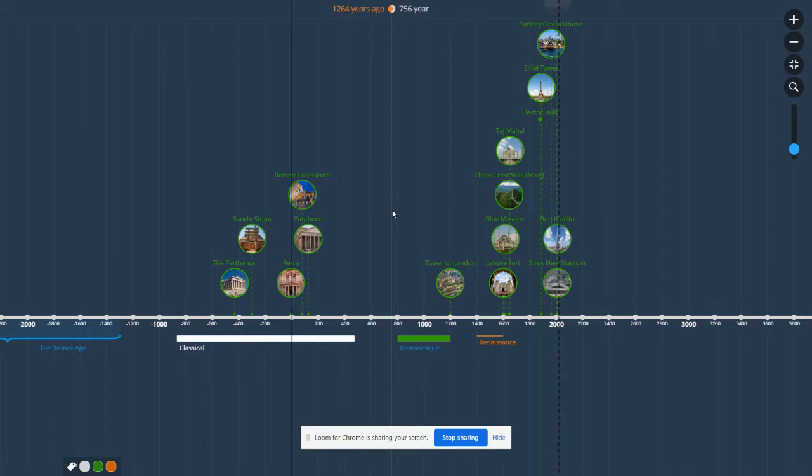So I don't know what came before the pyramids or Stonehenge. I mean, I might have some idea, I might have a guess, but I don't know how far apart some of these buildings are in time. So the idea was, well, what if we put them on a timeline? Maybe that. So this is an experiment.